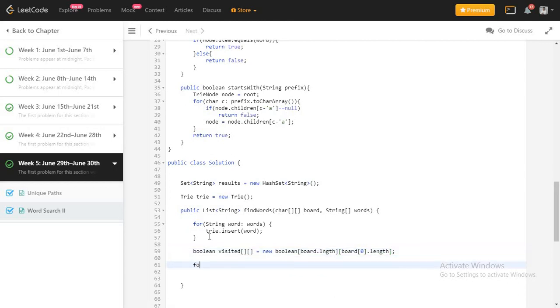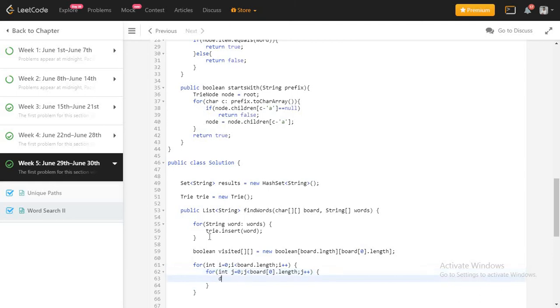Now I am going to iterate through this board array. It will start from 0, and it should be less than board dot length, then i plus plus. Then again I need to run another for loop, int j equals 0, j less than board 0 dot length, and j plus plus, right?